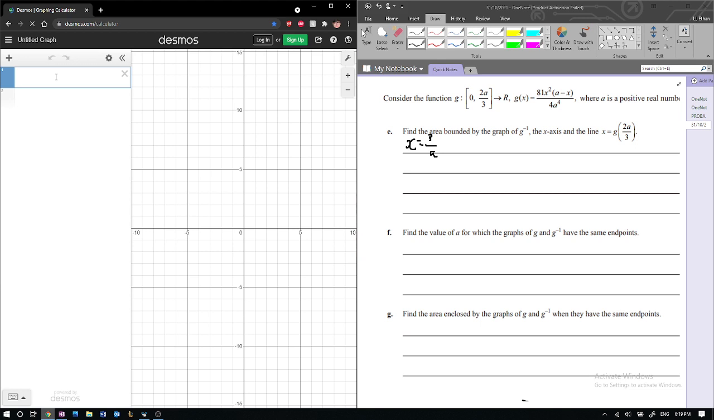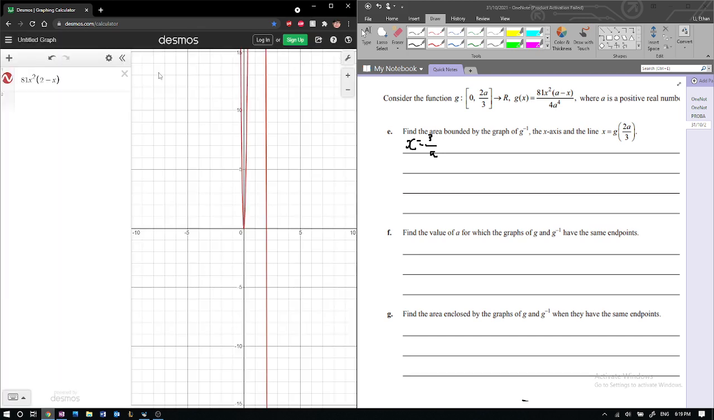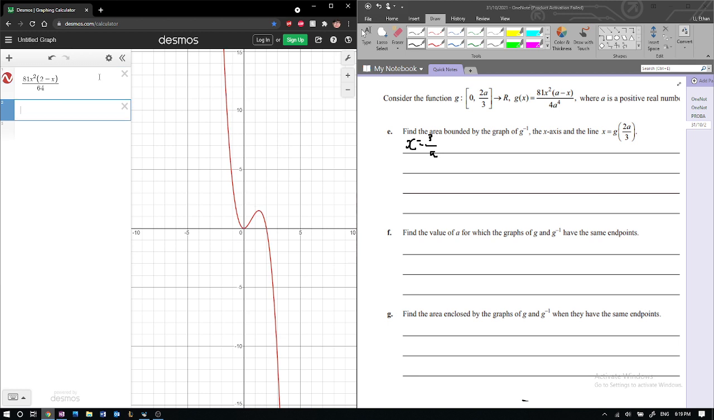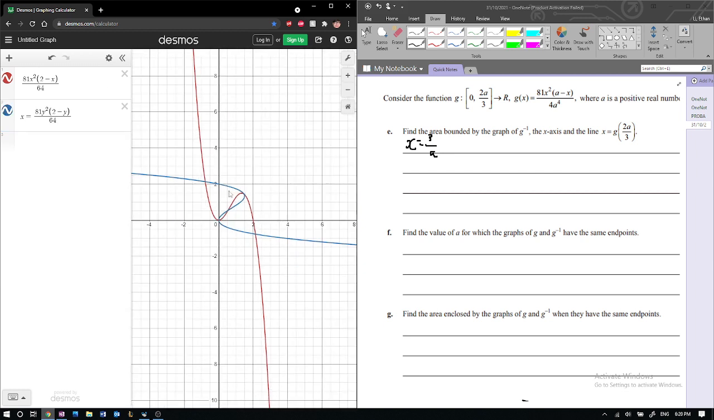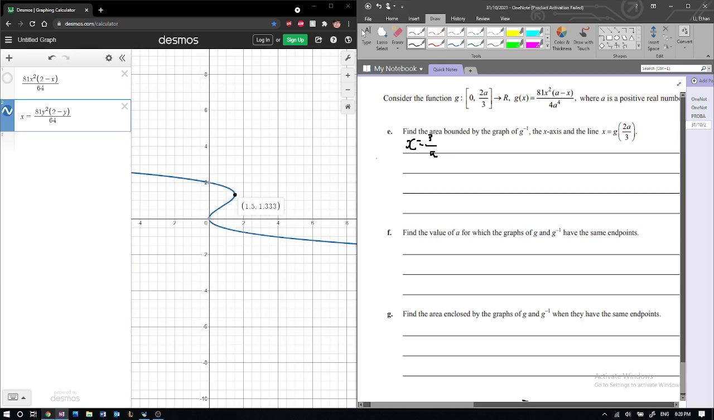So let's just get our equations up. 2 minus x over 64. So there's one. And then the inverse is x is equal to 81 y squared 2 minus y over 64. So there's what the inverse looks like, and then it's asking you, for this question, to find the